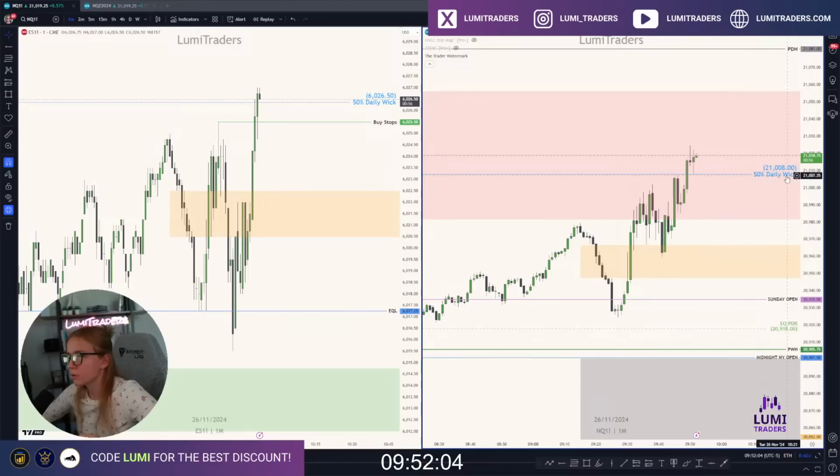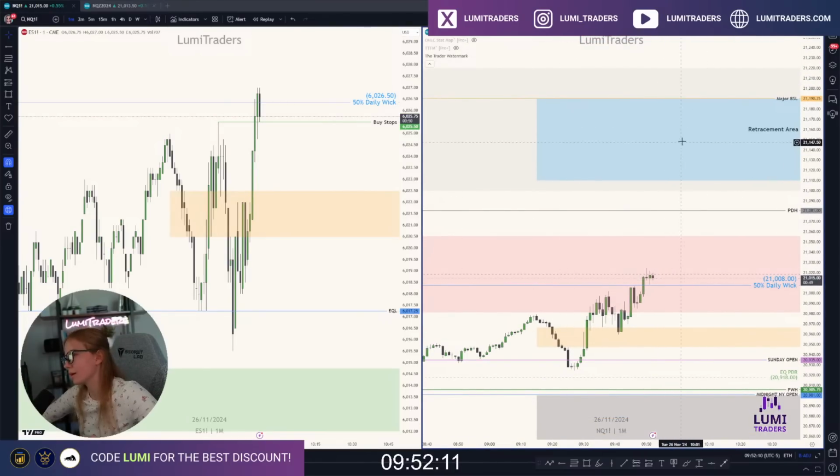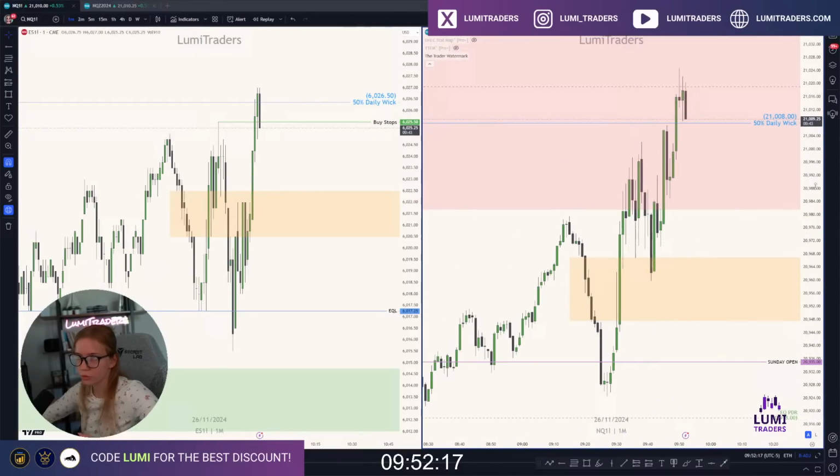Once it wants to hold above 50%, yes, I will be interested in previous day high. Maybe I will be interested in this blue box, so somewhere right here. But first we need to see how the 15-minute candle can close, above or below. Then we will react. No, not trading yet.